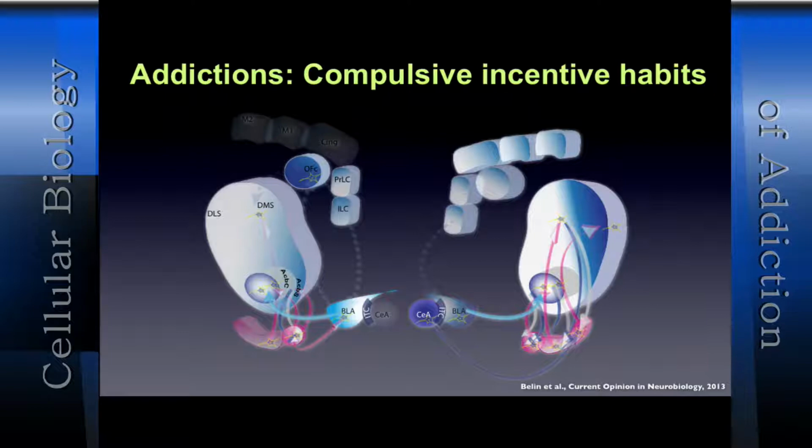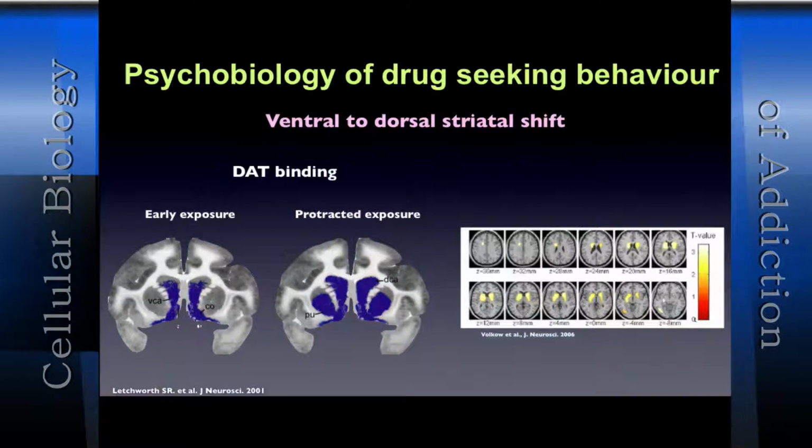So first, we were very interested in the fact that drug exposure triggers adaptations in the brain that are initially restricted, if you consider the striatum, to the ventral parts and the medial parts of the striatum. So this is that binding in monkeys self-administering cocaine. I think this is after 3 months, and this is after 3 years, perhaps. You've got an increase in that binding in the ventral and medial areas of the striatum, and after 3 years, you've got a complete spread of these adaptations to the dorsal areas of the striatum.